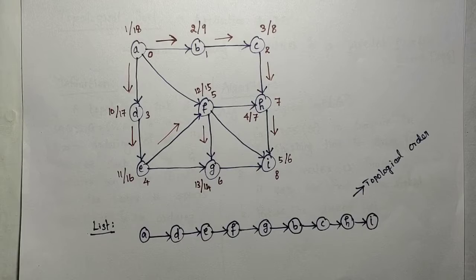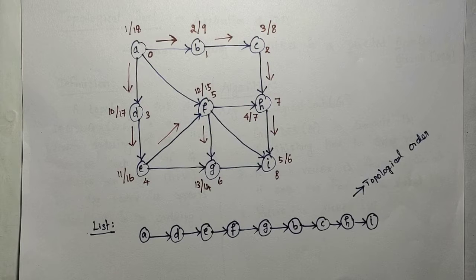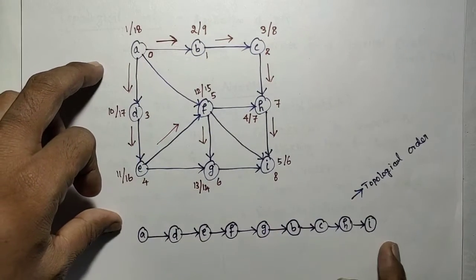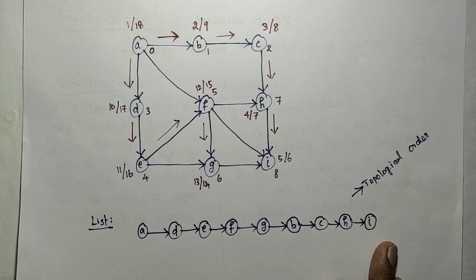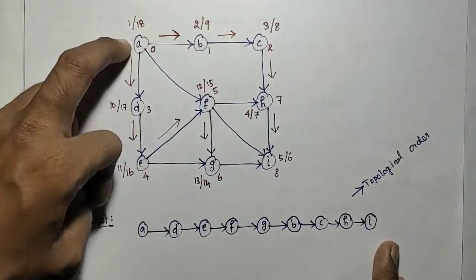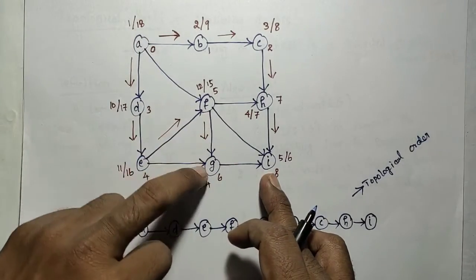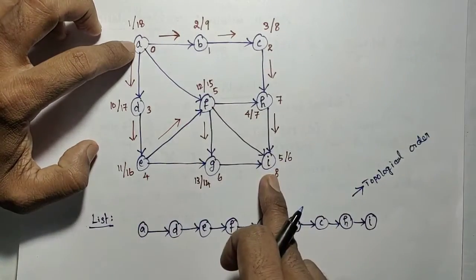So if I plan a trip for visiting all the cities, the 9 places, in which order should I follow so that I can visit all the cities? If you want to find that order, you can go for topological sort. For example, here if you are using this order, we can visit all the 9 cities in that order only. That is A, B, C, H, I, A. Then you must return back to A. From that I cannot go to F or G or E, like that. So if I start with A, I just have to go to I,